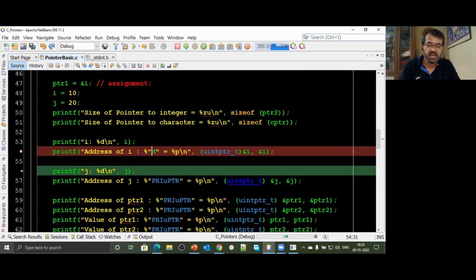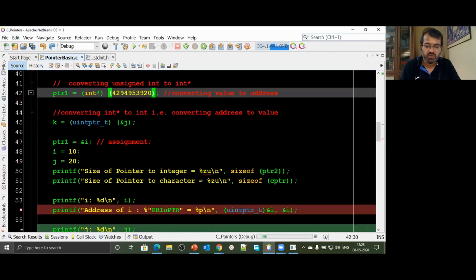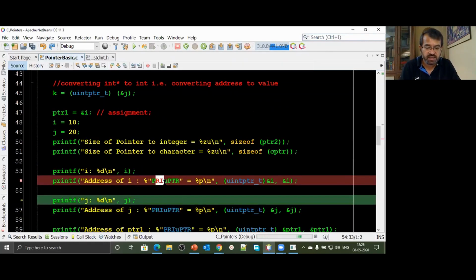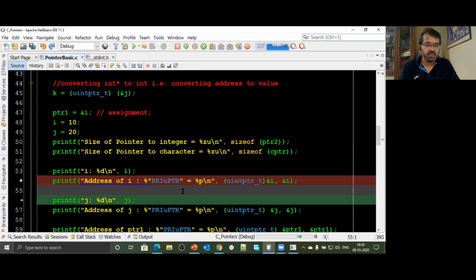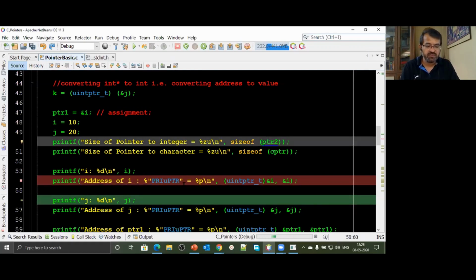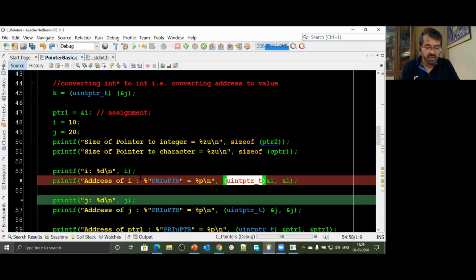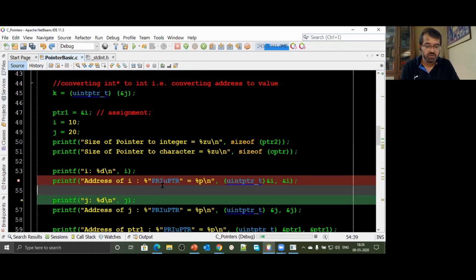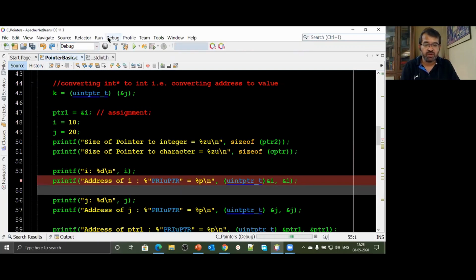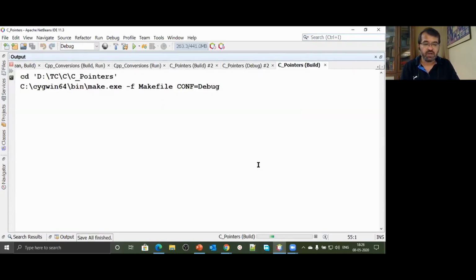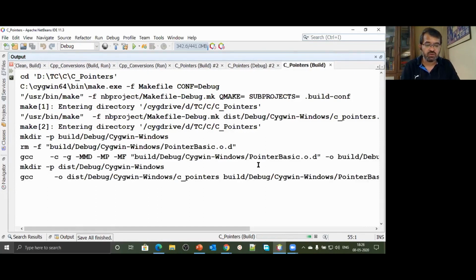So what will I use? I'll say PRIuPTR. PRI is to be used in printf. U, unsigned value of what? Pointer type. So that's the format code. And note how we are using that with %, and in double quotes, let us say PRIuPTR. Likewise for size also we can use something else. I'll just show you as we go ahead. So if I want to print an address as a value, use PRIuPTR in double quotes. That will print your address as a value. So we have printed that particular address. That's the address where your variable has got stored.